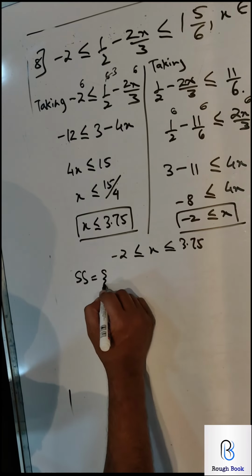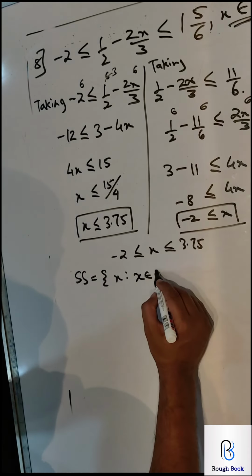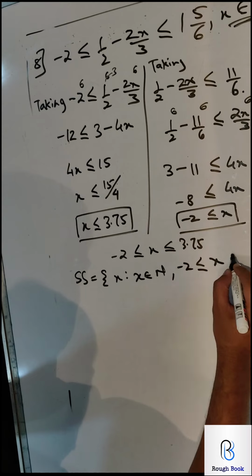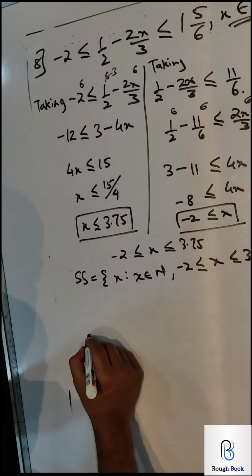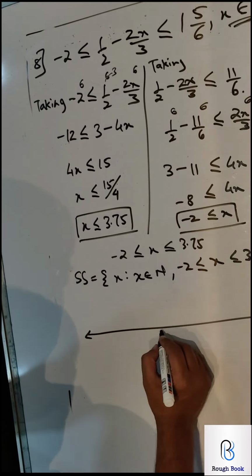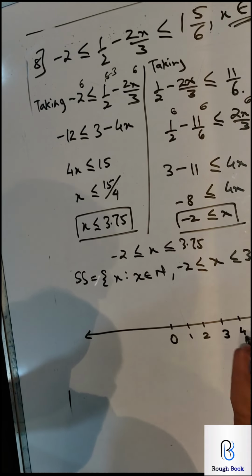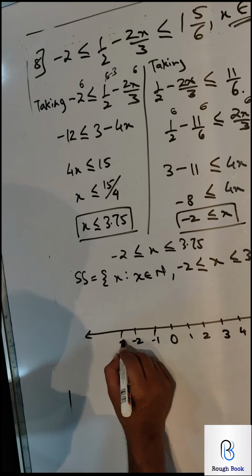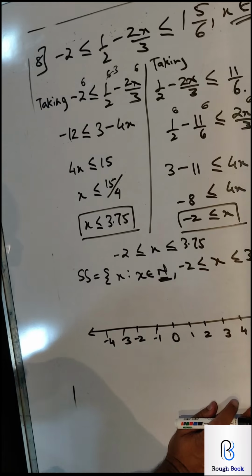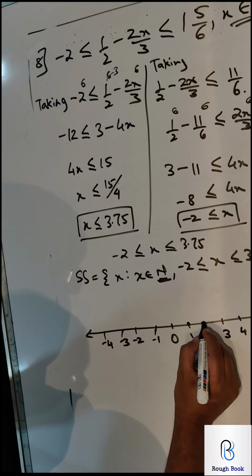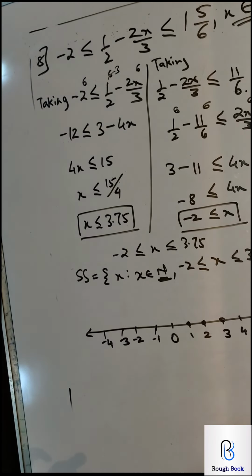So therefore my solution set in this case will be x, where x is belonging to N this time and not R. So minus 2 to x, and both are inclusive. But here in this case the inclusive thing will not make a great difference because there is no R. Now since we've got the decimal here, we need to be a little careful. So minus 2 it begins, but it begins with natural numbers, so starting from 1. So I'll have 1, 2, 3.75, therefore 3, but not greater than 3. That's how this sum should be written.